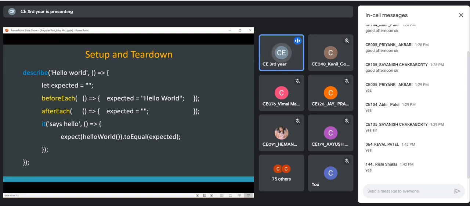Because otherwise it may have a side effect, because these test cases will be executed either maybe in order or maybe randomly, and that's why it is important to make sure that there is no side effect of any of the variables that you have declared in your test suite. So right now this is a very trivial example wherein we have a single variable, but in general you can have multiple variables.